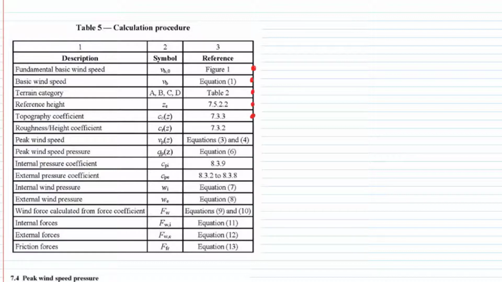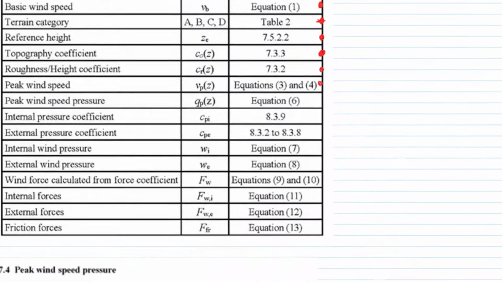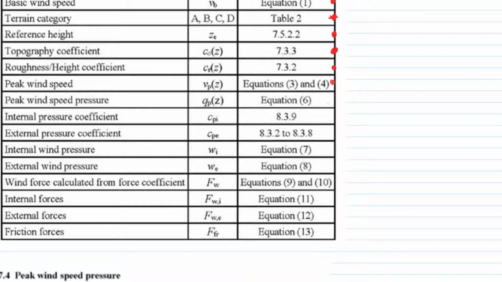This is where you really account for mountain shape in general, the slopes of the land, where terrain category is, for instance, if you're next to the sea or in the middle of a farm, etc. Then we have a look at our roughness. Once we've got our topography, we get a peak wind speed. Once we have a peak wind speed, then we can go on to a peak wind pressure. And that is then what we use a lot